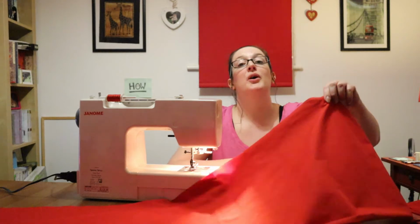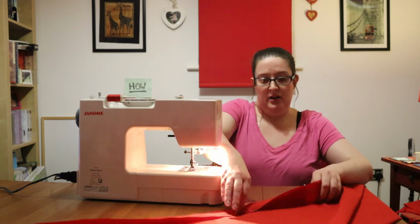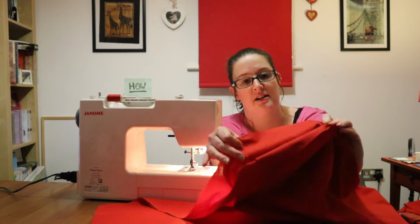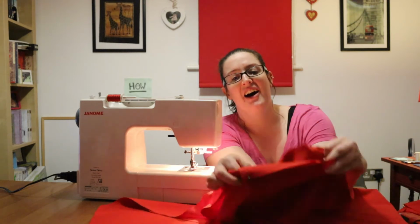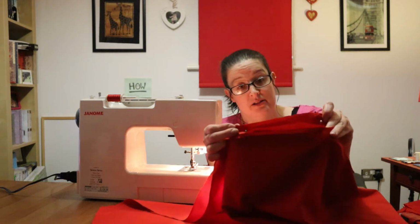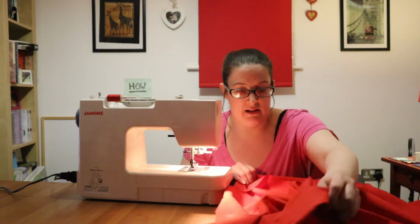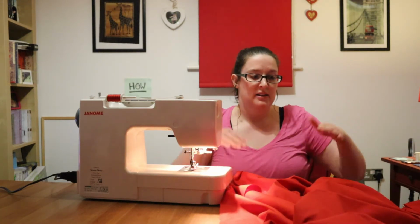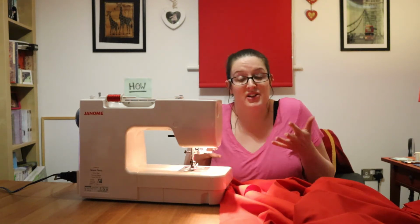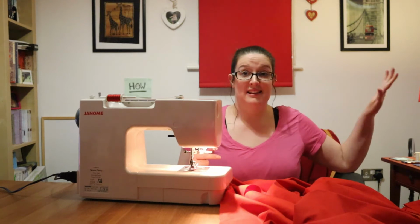So what I have on the table before me is the back piece, and then I have, sorry, it's in darkness right now. I have lined up the pockets with each other on each side. So this is effectively one side of both of the pockets attached to the back piece. So we are going to sew down, so that is attached to the back,